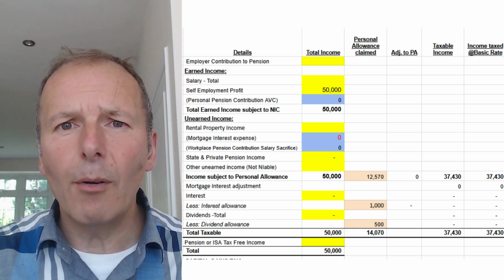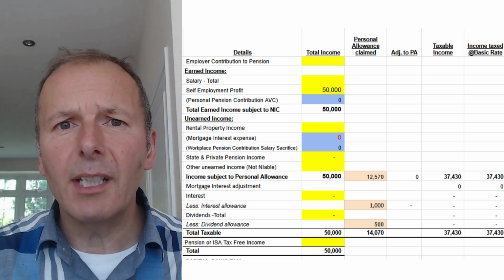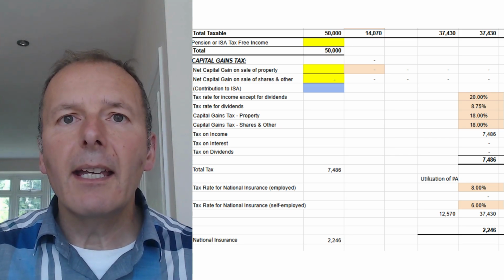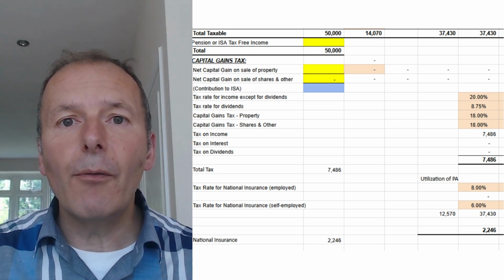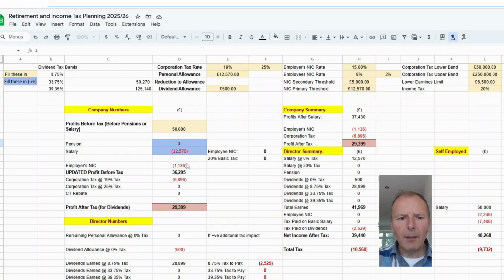If you're self-employed, the marginal tax rate is going to be 20% on income and 6% national insurance. It's a slightly lower national insurance rate because you don't get any sick pay. So you'd pay £7,486 in income tax and £2,246 in national insurance. If you have a limited company, you're going to pay employer's national insurance of